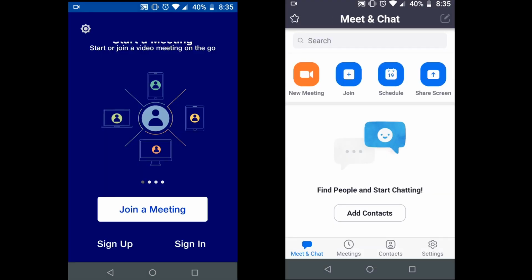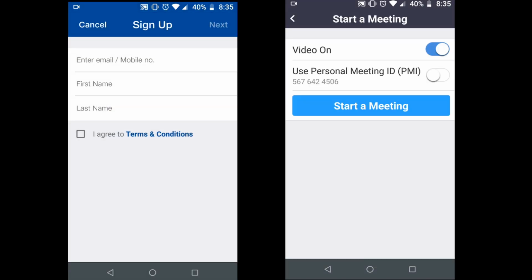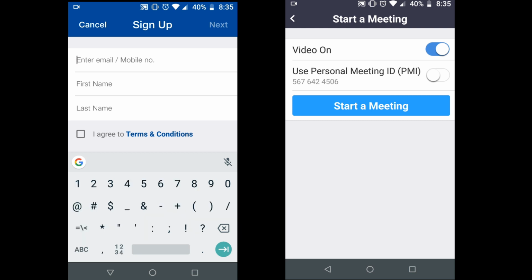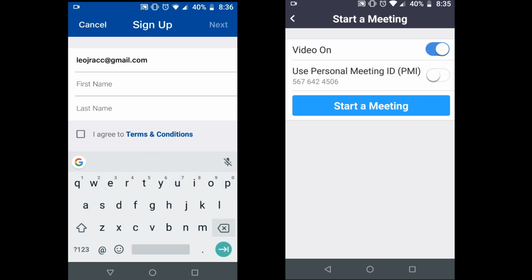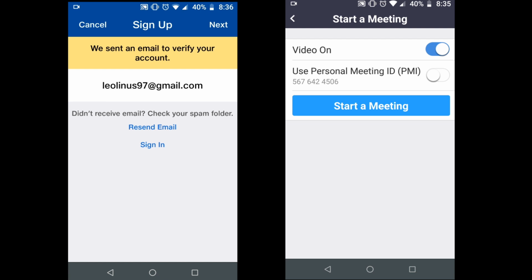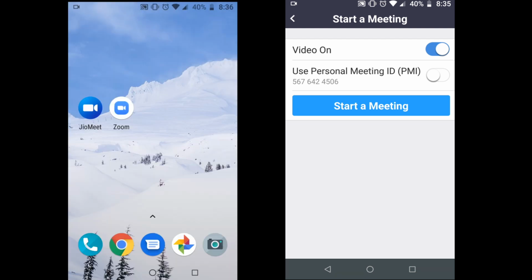Now let's get started with GeoMeet and see the same thing. It's telling me to sign up. Okay, this is a tedious process. I have to enter my name, email ID and get my email ID or phone number verified, because the GeoMeet app doesn't have sign in directly through Google. So you cannot directly sign in through Google, and you have to do this registration process. They send an email, because I'm doing it through email.